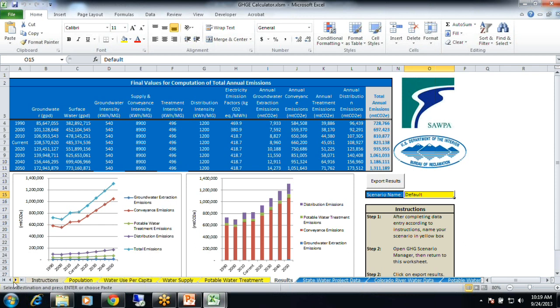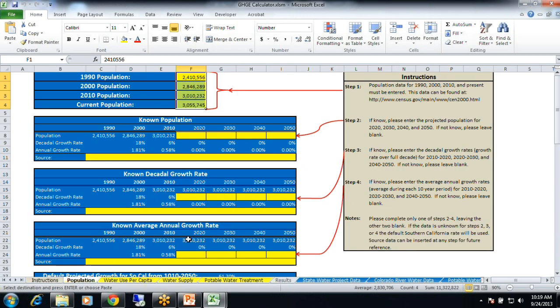So, an explanation on the colors of the tabs down here. The non-color tabs are the instructions and the results. The yellow tabs are the suggested data. So basically, if you want to really use this tool to the best of its ability, you need to go through each of these yellow tabs and insert your data. Now the blue data over here is all detailed data. So I'll finish going through this and then I'll talk to you a little bit more about detailed data.